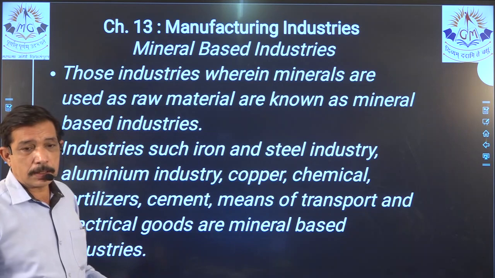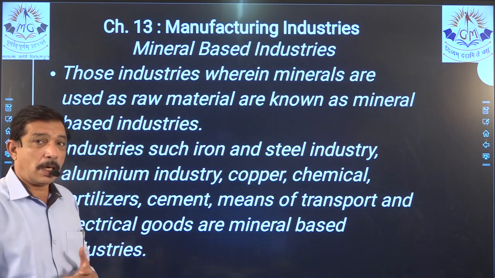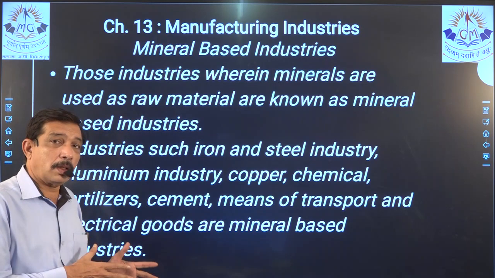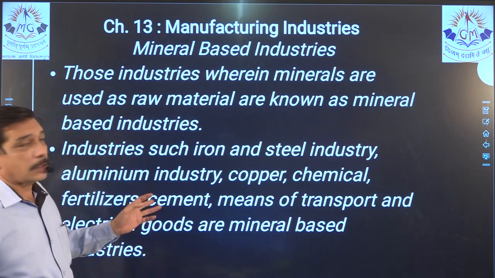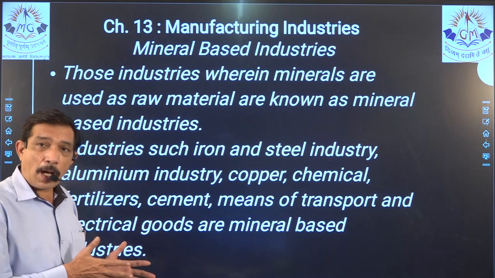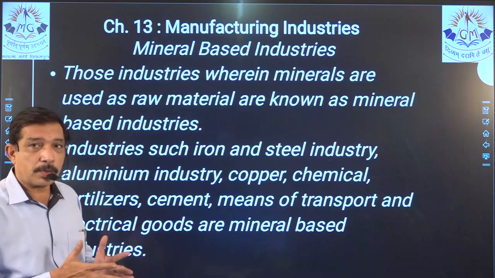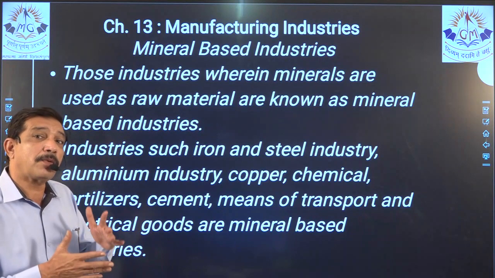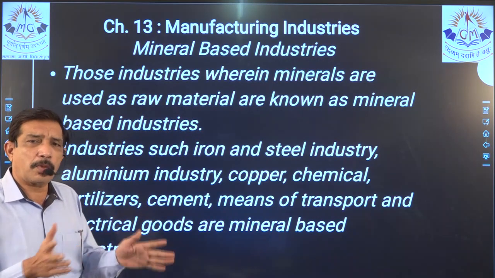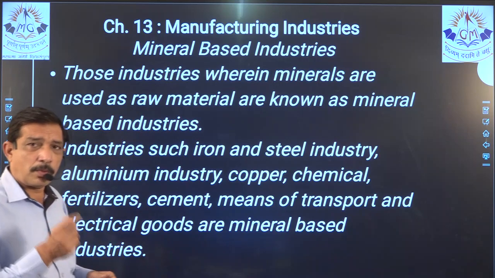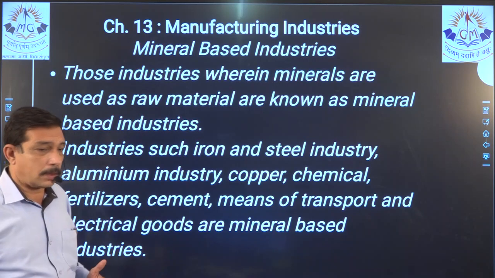Industries such as iron and steel, now which are these industries, right, which are dependent on the raw material, that is minerals. Industries such as iron and steel are dependent on iron ore. Yes, iron ore has to be processed and made into iron and steel. Then from iron and steel we can make n number of items, right, starting from a small pin to gigantic machines that we have learned.